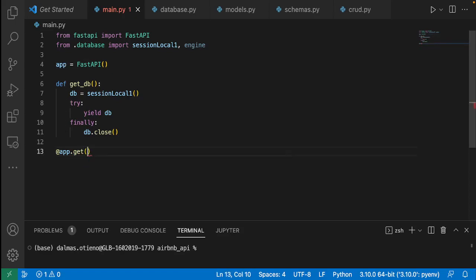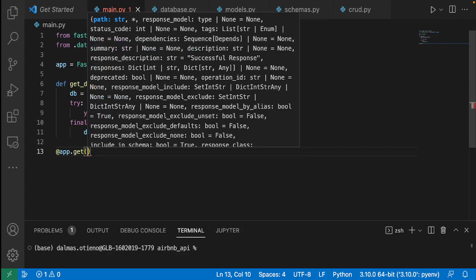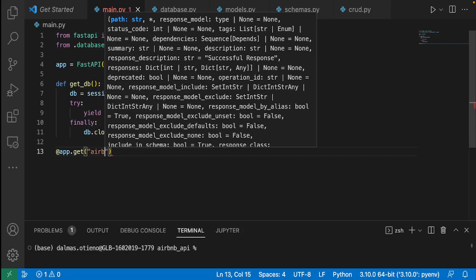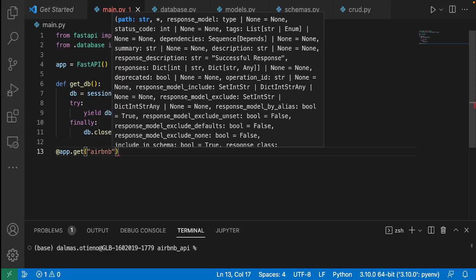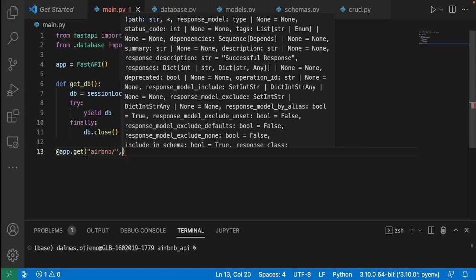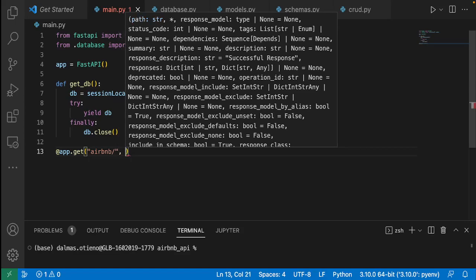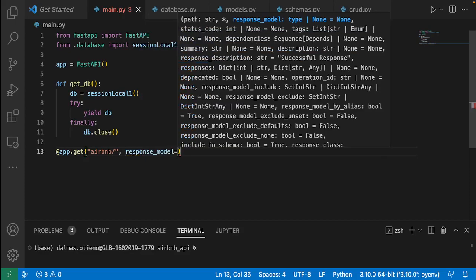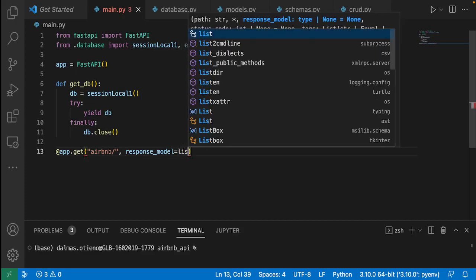Dot get, so this is for the get method, and it's going to be airbnb slash, and the response model should be a list of the schema. So response model should be defined as the list,